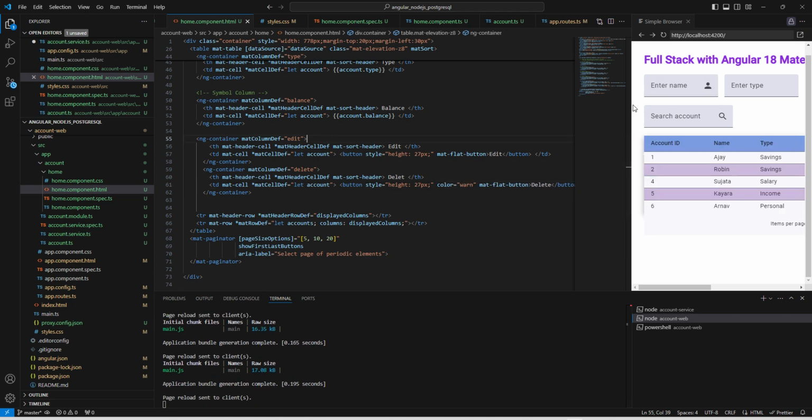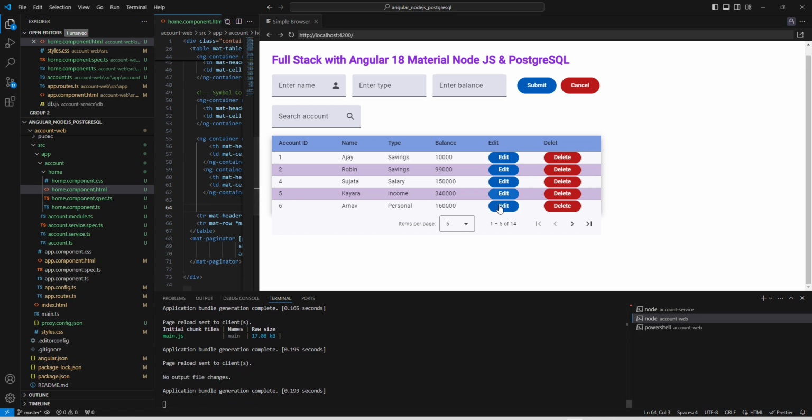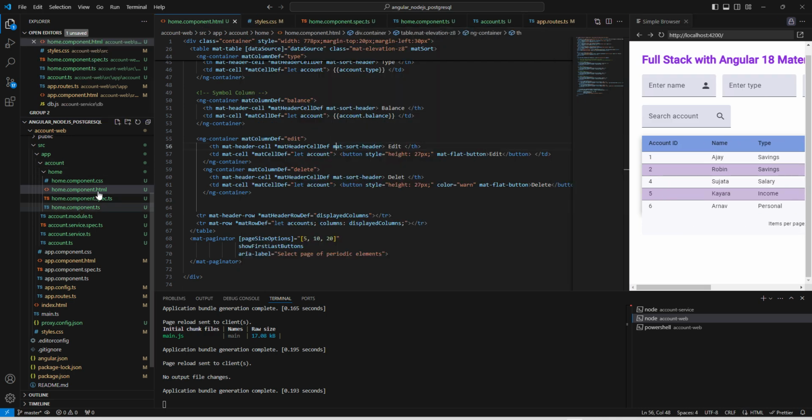Fine. Now let us check how it looks. Seems good. It is showing as expected. Now with this, we have added action buttons to our table. Now once we click on this edit button, this record should get populated here. Now that logic we can add. Now this is our edit button,